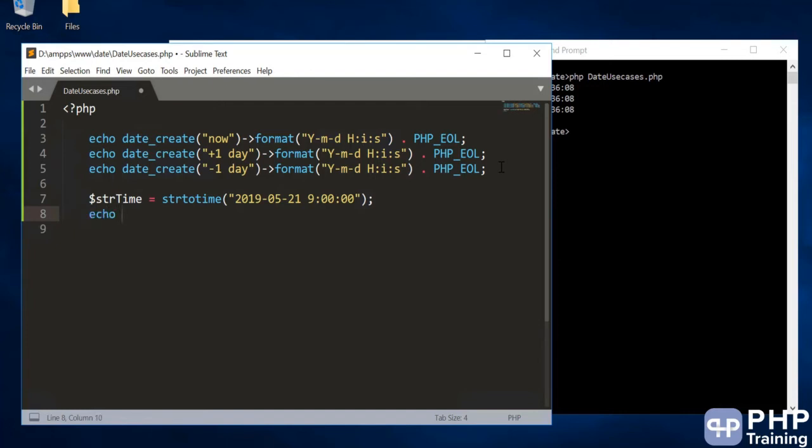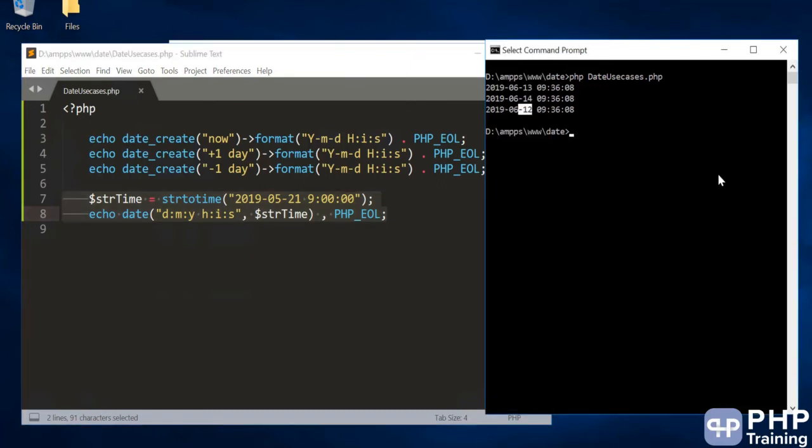Now if you want to format, this is a milliseconds, right? So if you want to format it, we have seen this, you can use date method and you can convert into any format that you want now. And you can pass the time. Okay, this is a very valid case. You have a date timestamp, maybe you want to store in a database in a different format. This is the code that you can use to convert it.